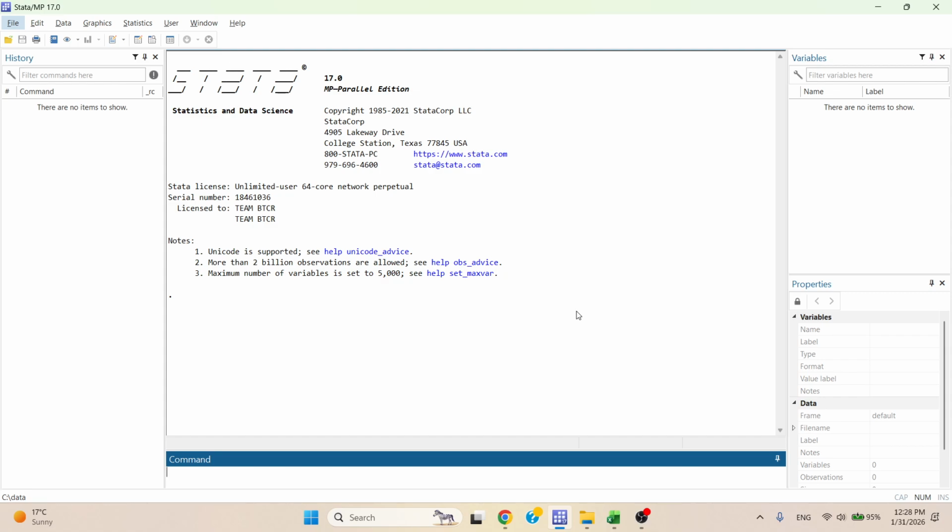So what is meant by endogeneity? Endogeneity means when your independent variables are correlated with the error term. In that case, we have to go with the option of 2SLS and 3SLS. So in today's lecture, we are going to discuss how to apply